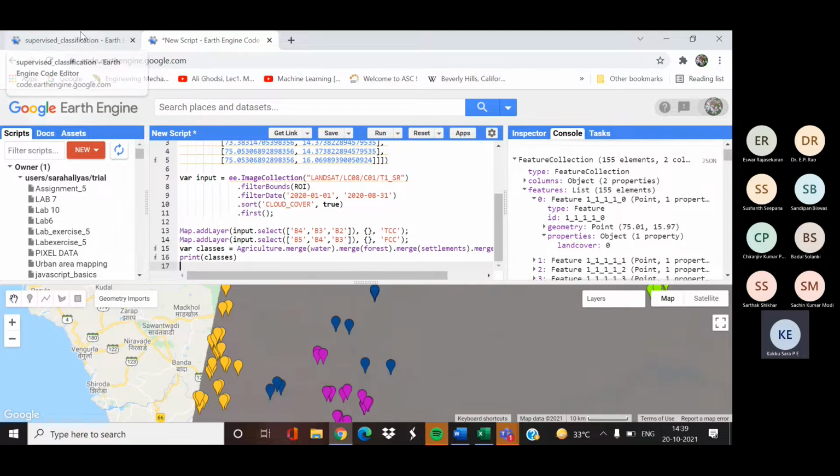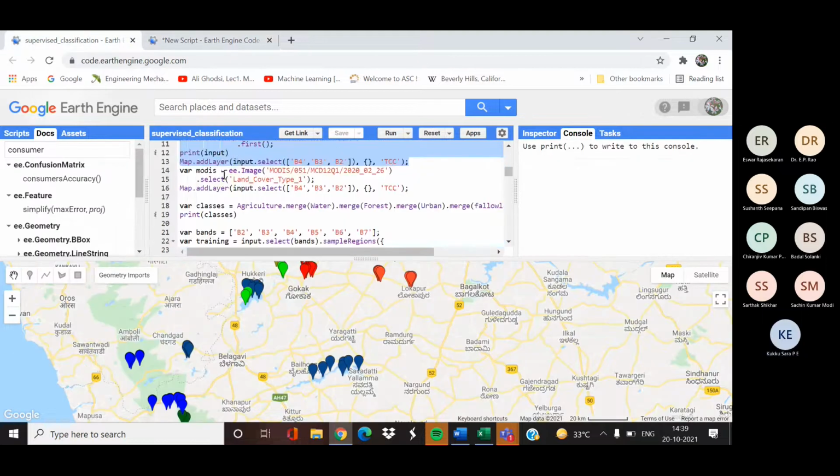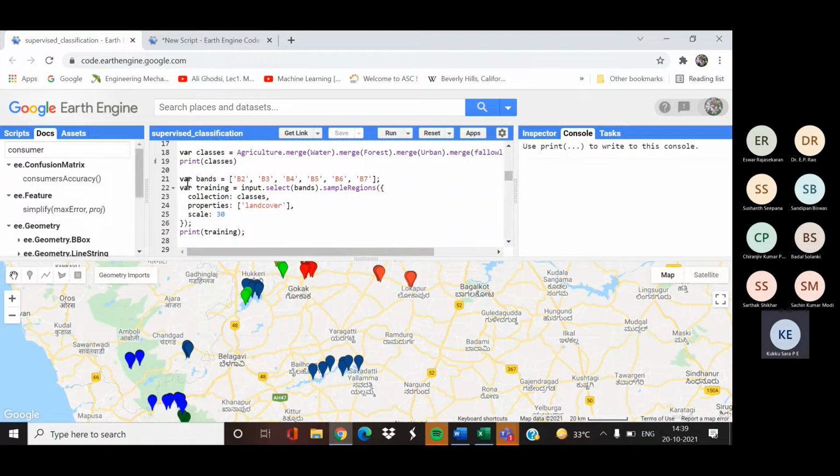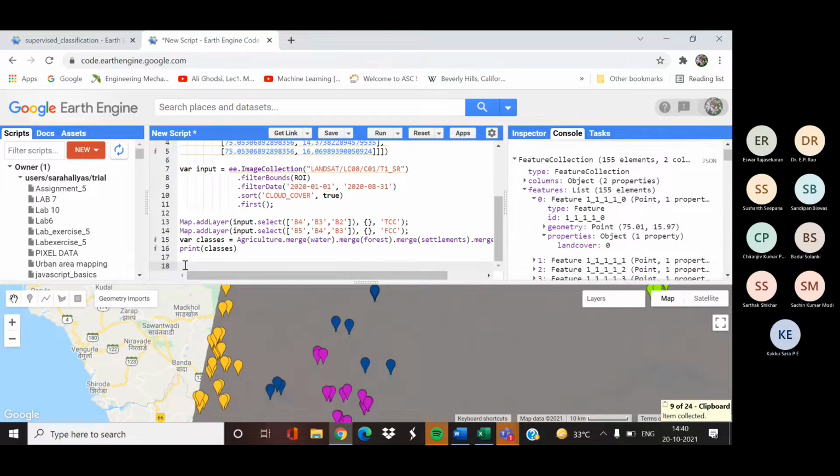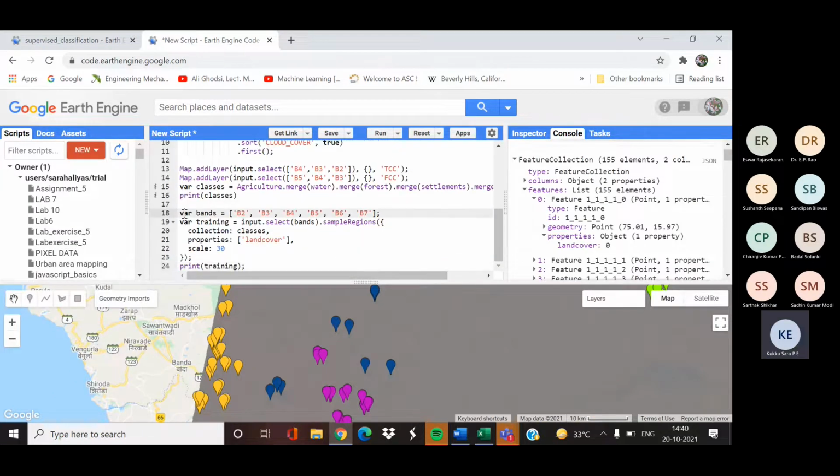So for that, we use the sample regions function. First we will select the bands over which we want to overlay this training point. So we'll select bands 1 to 7 of Landsat 8.